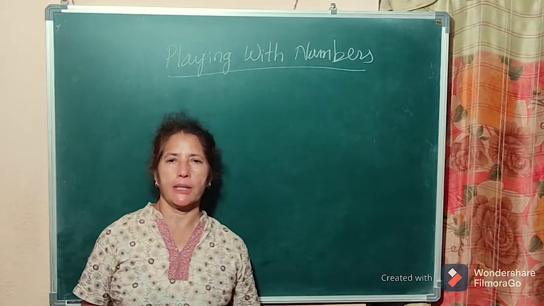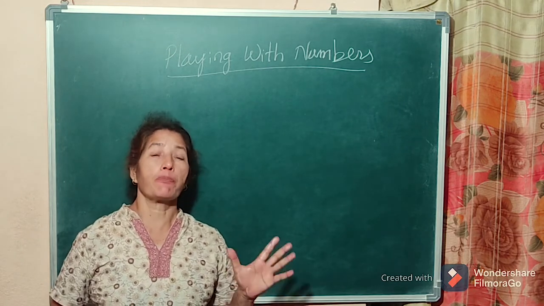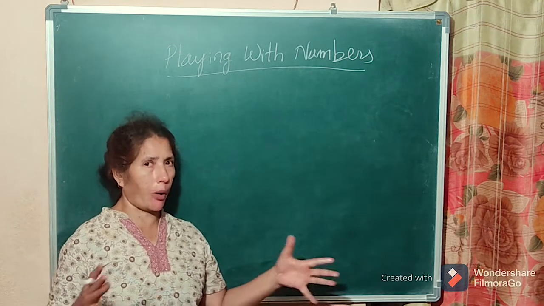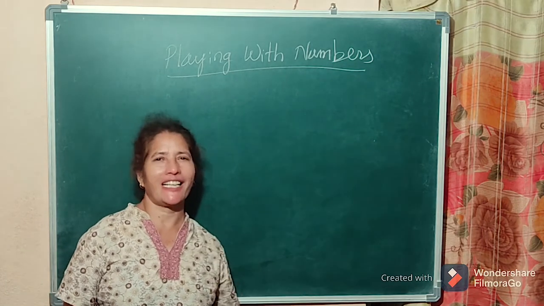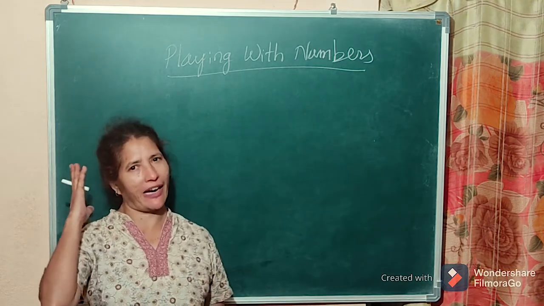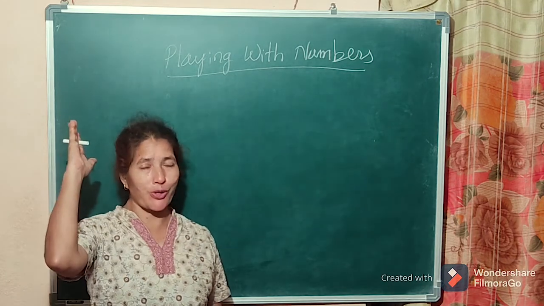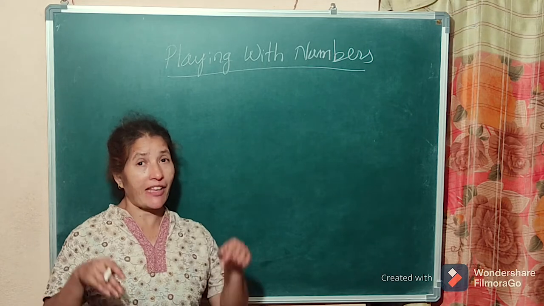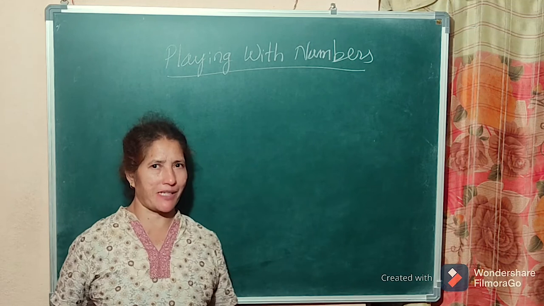Hello everyone. Today let us start the first chapter of 8th standard, that is playing with numbers. If you know the numbers properly, you know the numbers. Right from LKG you are reading and writing the numbers from 1 to 100, 1 to 1000, 1 to crores. You discussed in 5th standard, 6th standard, 7th standard. Now in 8th standard, we are studying how to play with the numbers.